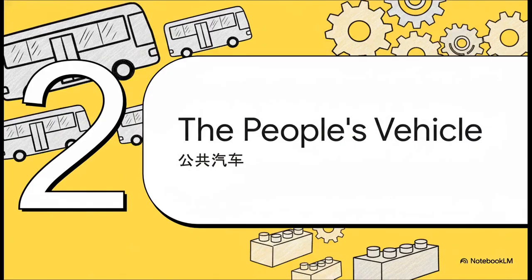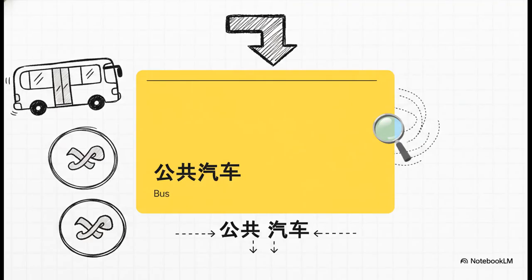Okay, first up is the city bus. The Mandarin term for it is a perfect, and I mean perfect, example of this building block principle we've been talking about. Just watch how these simple individual parts come together to create a really clear, complex idea. So, at first glance, you see four characters, and you might think, whoa, that looks intimidating. But hold on, let's look a little closer.